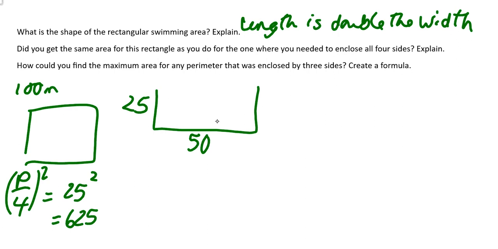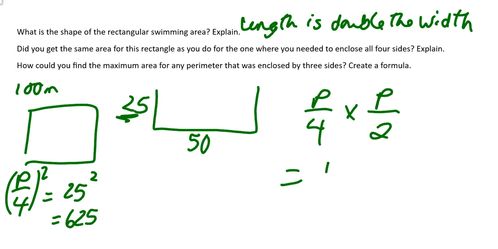So what's a formula we could come up with? Well, I just said, how did I get 25? I did perimeter divided by 4, right? 100 divided by 4 gave me 25. How did I get 50? That's the perimeter divided by 2. When I simplify that, I end up with p squared divided by 8. So that formula is always going to give me the biggest area possible if I only need to have 3